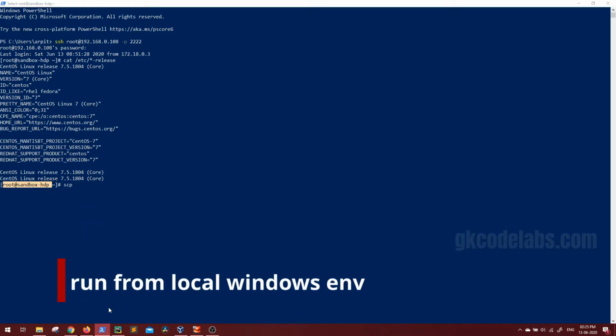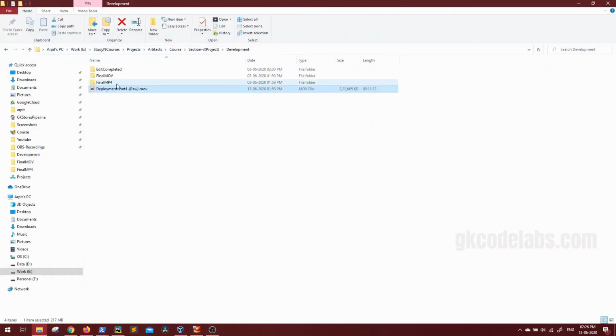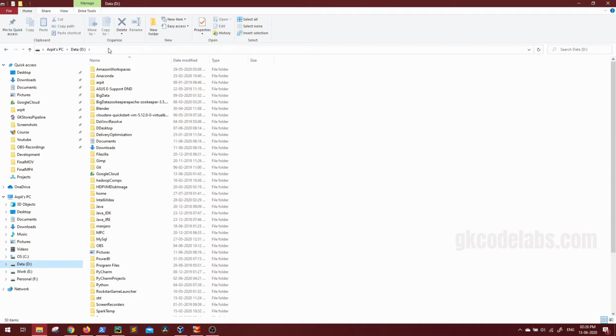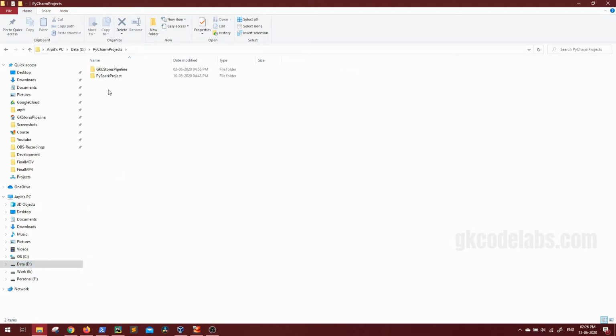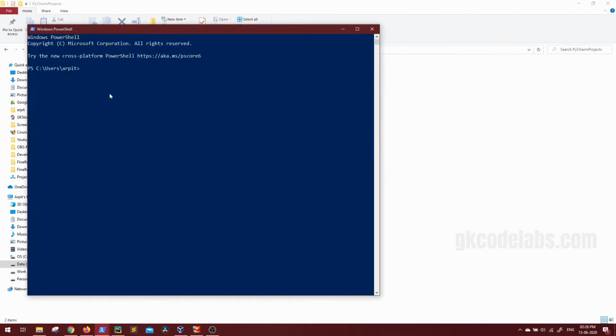What I can do is open another PowerShell and go to the same directory where I had all my projects. I had all my projects inside PyCharm projects and GK stores pipeline. Let me go inside this. I'll copy the path from here and cd paste. Now let's see, list ls. I have to copy this to my server.